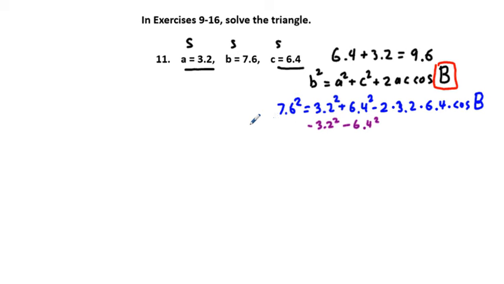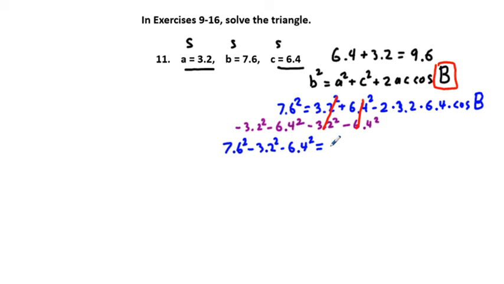And so on the left side of the equal sign, we have minus 3.2 squared and minus 6.4 squared. And we cancel out these things here. We have remaining 7.6 squared minus 3.2 squared minus 6.4 squared